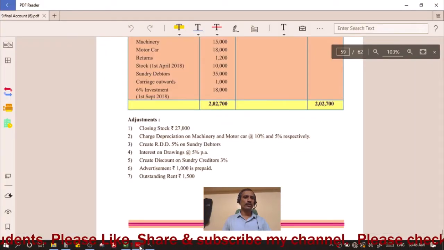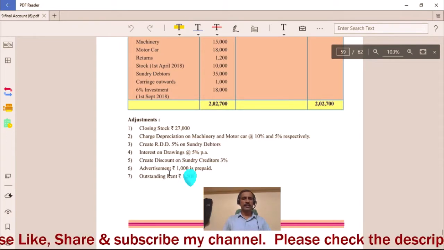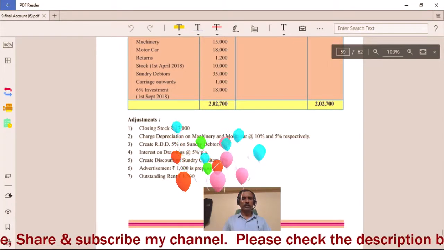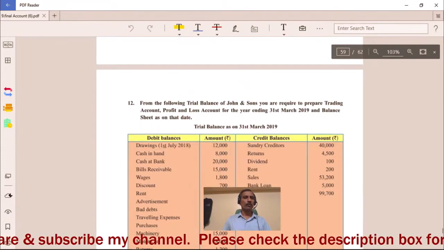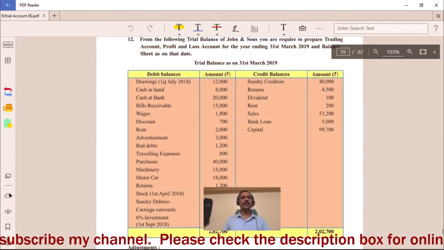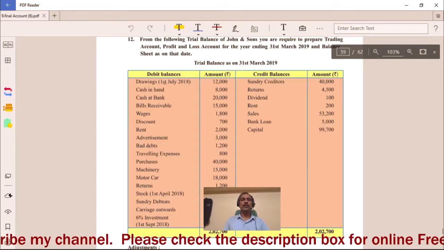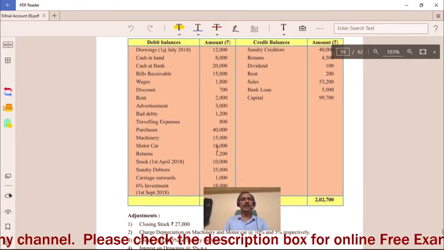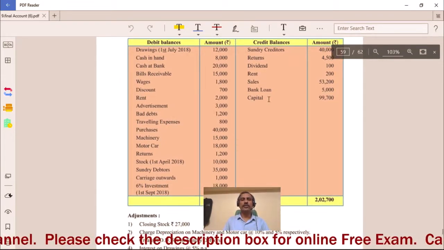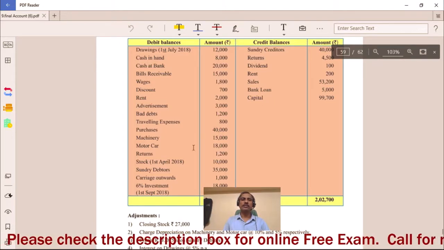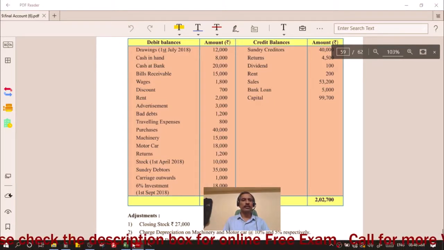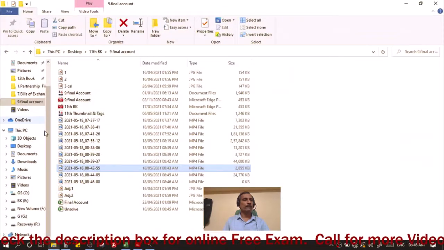Number 329. So you can see this PDF page number 329 and problem number 12. So I am going to solve this problem. First of all, you have to note down this problem in your notebook, then you have to watch this video and then you have to solve this problem. So let us start. First of all I am going to read this problem.